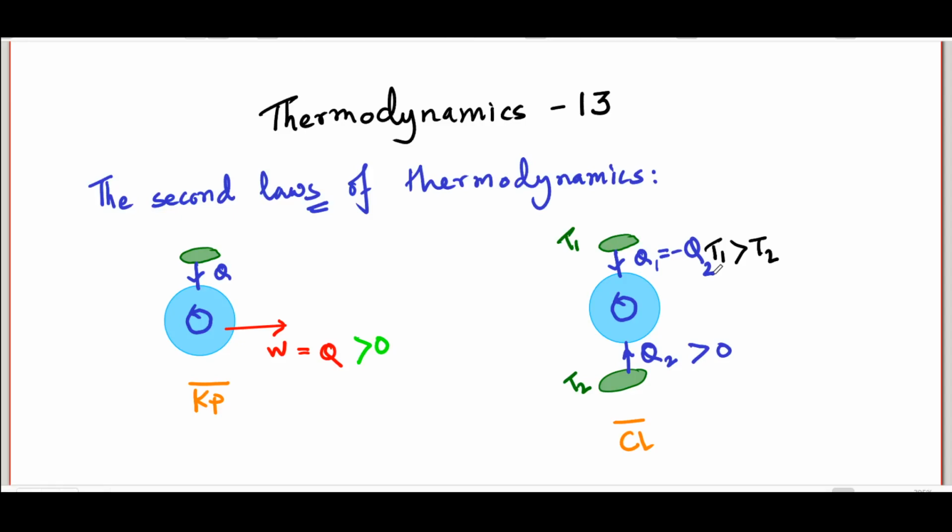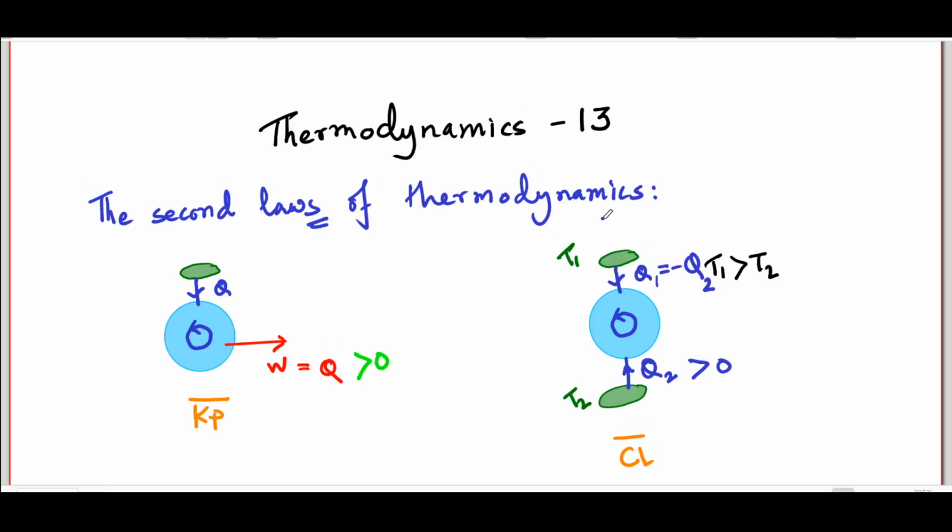Net Q has to be 0 under such a situation, so Q1 and Q2 have to be negatives of each other. What the anti-Clausius engine tries to do is to put a positive amount of heat Q2 from a colder temperature to a reservoir at a higher temperature. This transfer is impossible, and that again is a statement about irreversibility. Transfer of heat from a hotter body to a colder body, that can happen without any other effect, and that happens all the time, is irreversible.